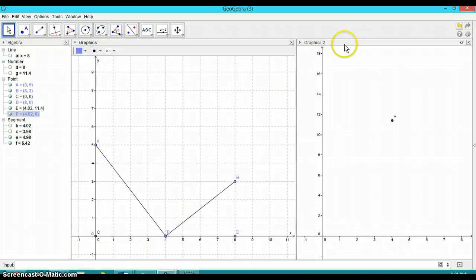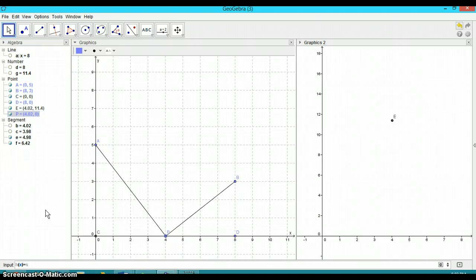We're going to put it in graphics 2, so you have to make sure you click on this and get this bold. Now it's going to be a function, and I'm going to use function notation, but you can see here that the letter F has already been used, so if I did f of x, it would think it was this segment. G is already used, so I guess I'll just use H. You can use any name for a function. So we use h of x, x being the variable,